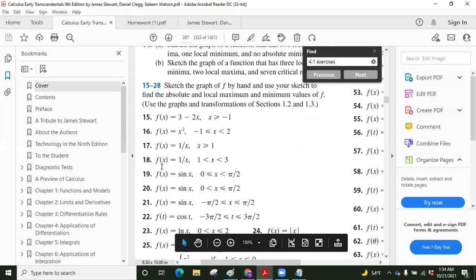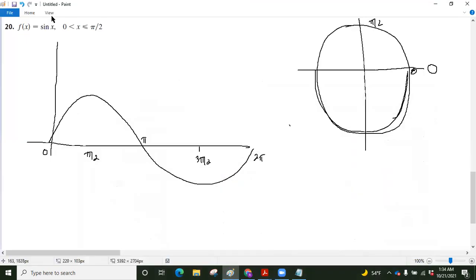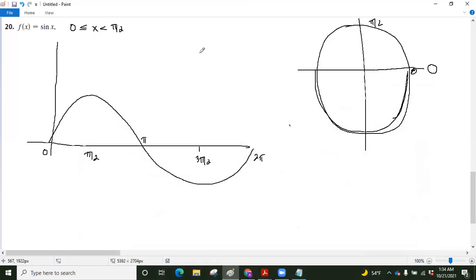So for 19 rather, we're looking at sine of x, but the interval is 0, including 0, and then pi over 2. So what we should have here is 0, and then that's essentially the interval that we're looking at. And I'll explain what that interval really means, but we're looking at 19, and it's kind of like that. So if it says a is less than x is less than b,